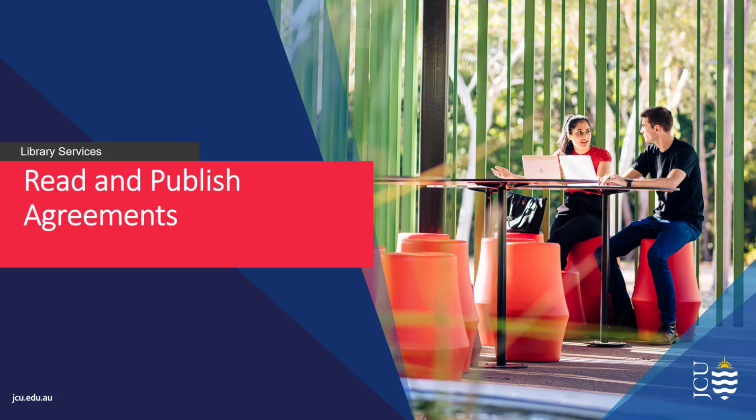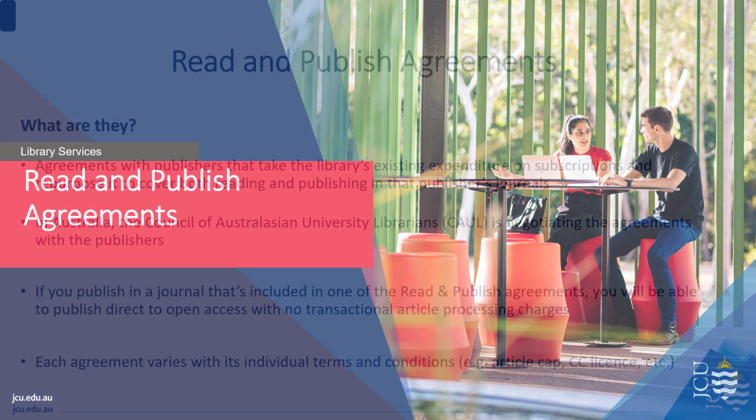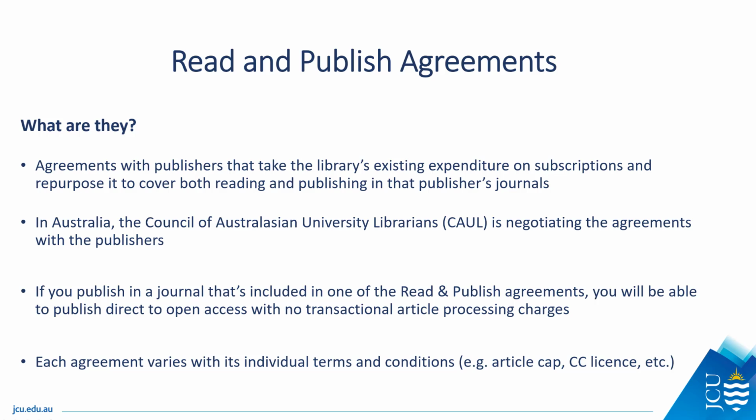Welcome to this short video on Read and Publish Agreements at JCU Library, which provide another way to make your work open access. JCU Library and the Council of Australasian University Librarians have negotiated agreements with publishers to allow existing library expenditure, also known as READ, to be utilised for JCU researchers to publish their work open access in over 10,000 journals. Articles published via the JCU Read and Publish Agreements will be made open access immediately without incurring any